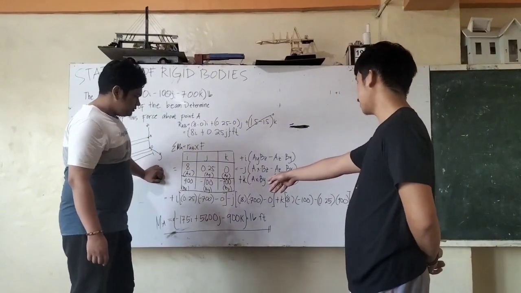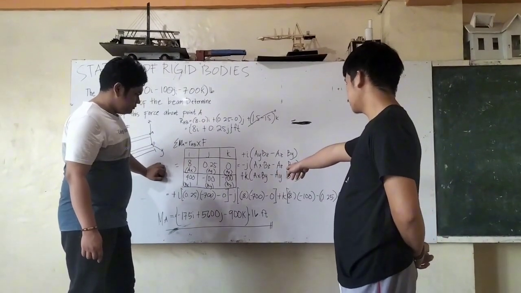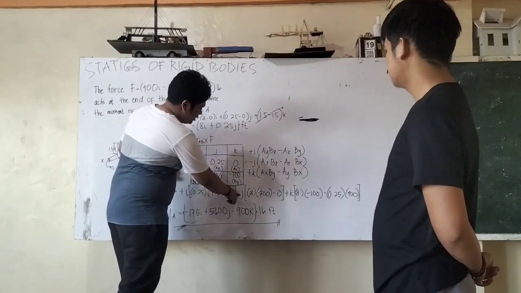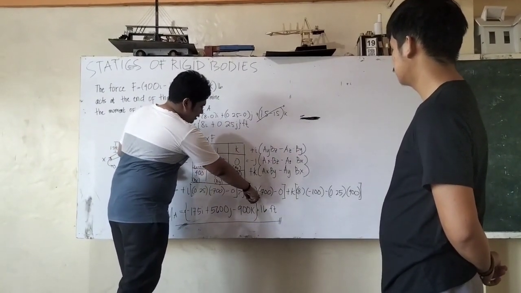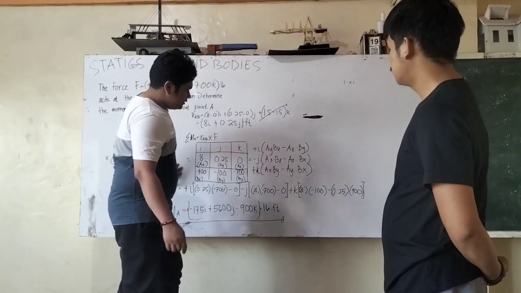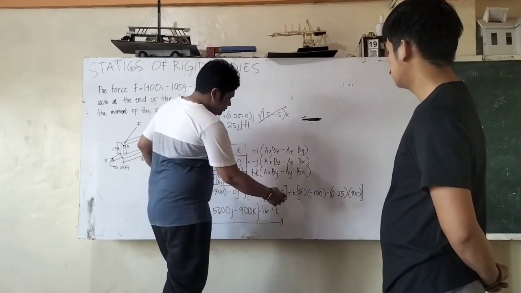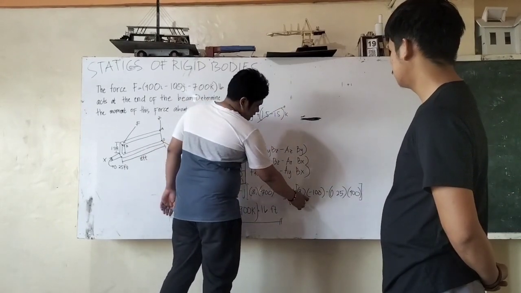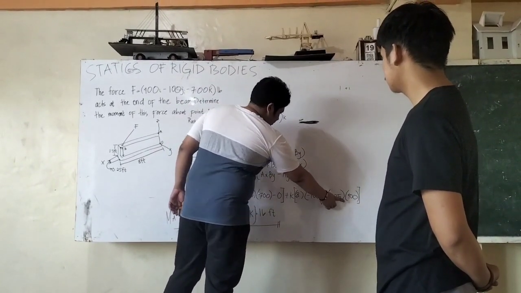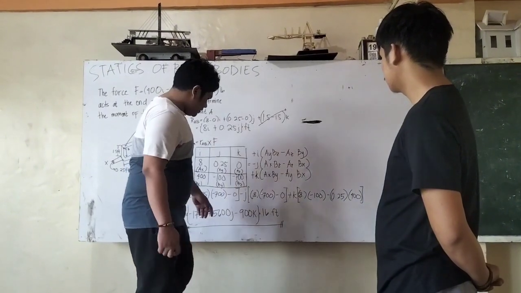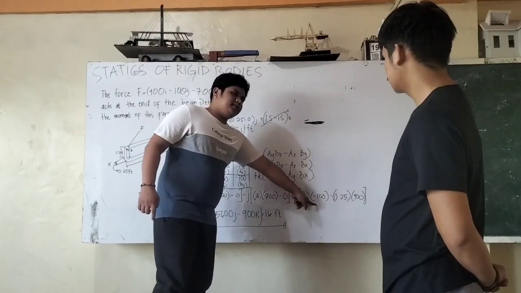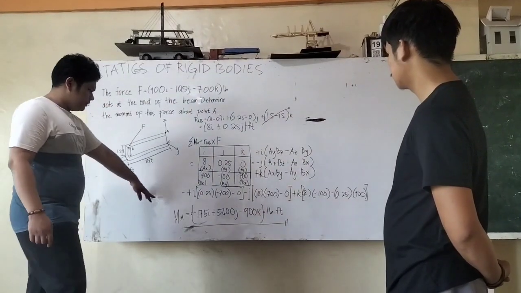Then why does it become positive when the 700 is negative? Since it is a negative j, if you multiply negative by negative, it will become positive. That's how it is positive. In k, we multiply 8 times negative 100 minus 0.25 times 400. That's how we come up with the negative 900k, since positive times negative is negative. And that is how we get the moment.